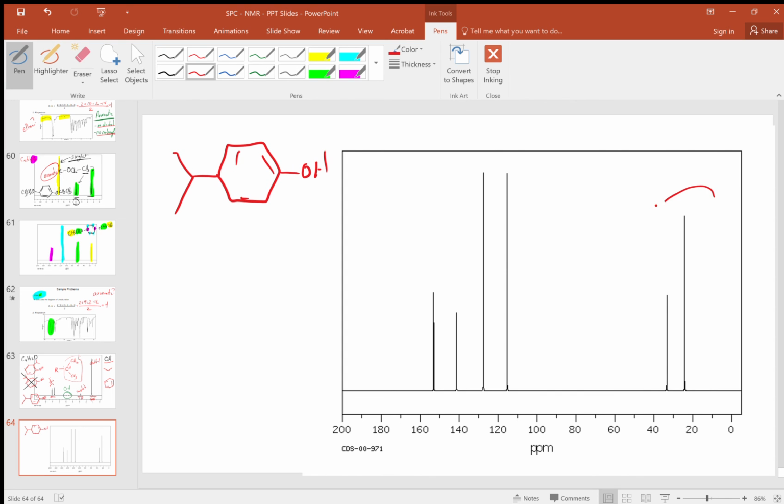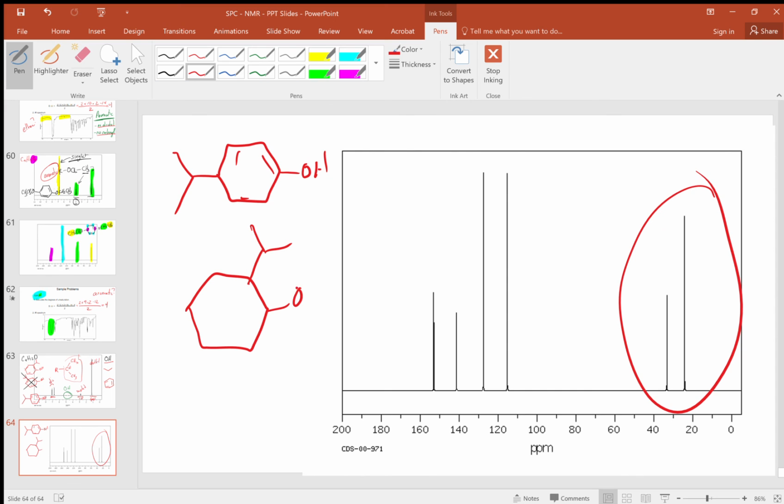So in both cases, we're going to see these 2 peaks out here to represent the isopropyl group. That won't change to any significant amount. But here's where we get a difference. For this compound,